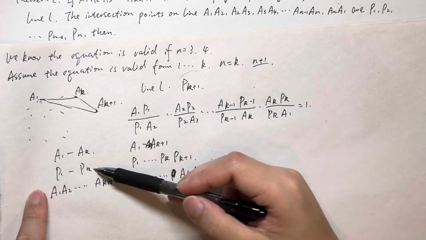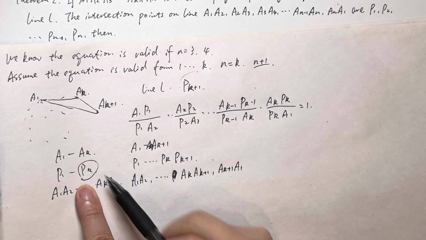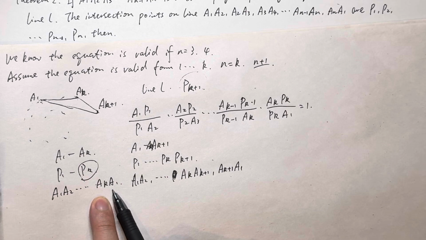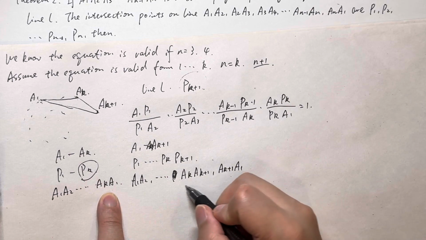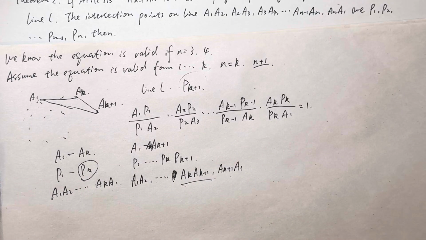See what's the difference of these two? For the point PK, in the first set, it represents for the intersection point with segment AKA1. And for the second one, it should represent for this one. So that makes a confusion here, right? So let's use